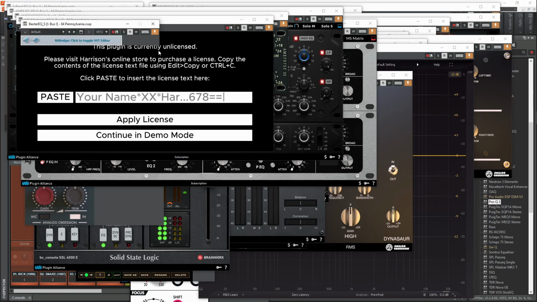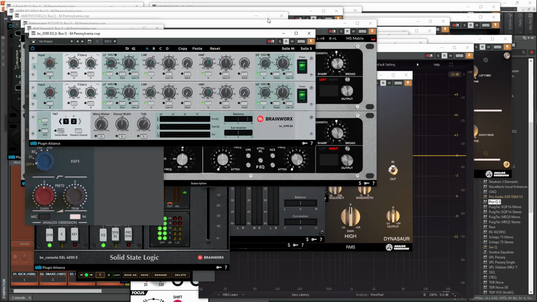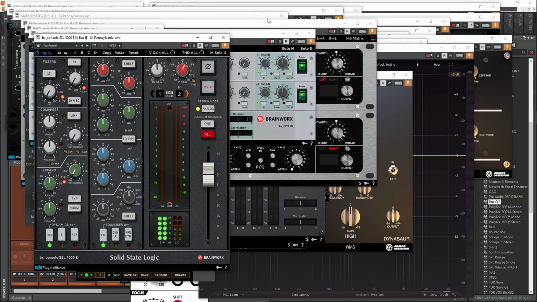Sorry, this one keeps coming up because I have the license on it. It's just not loaded yet because I'm lazy. But say for instance, here's an EQ that's limited in scope,